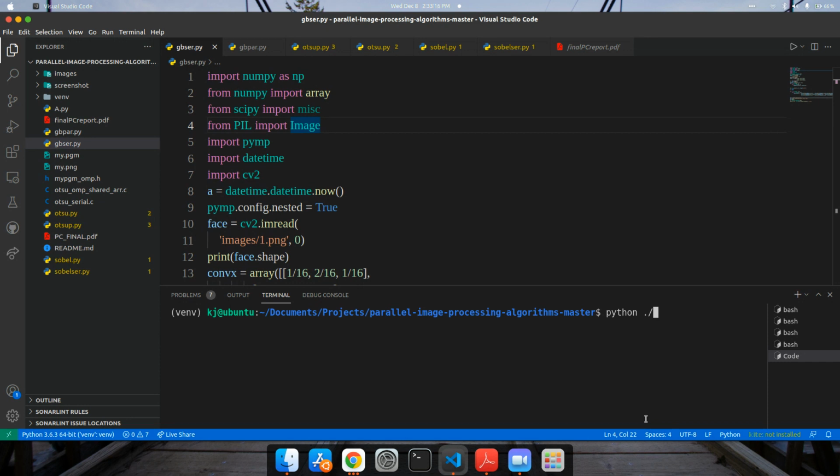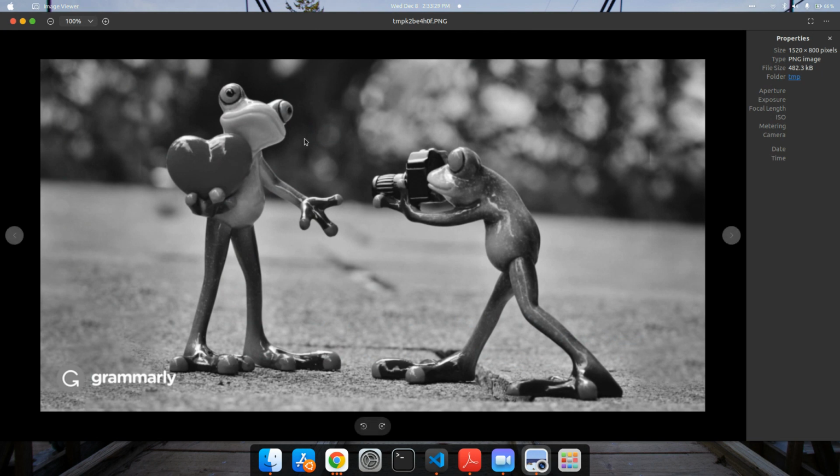I'm going to first run this algorithm .py. Our image is 800 by 1520 pixels, and we've got the image in the serial implementation using the Gaussian blurring algorithm like this. We will get the same image in the parallelization, but the computation time will be less.